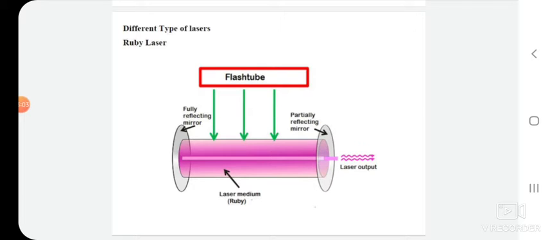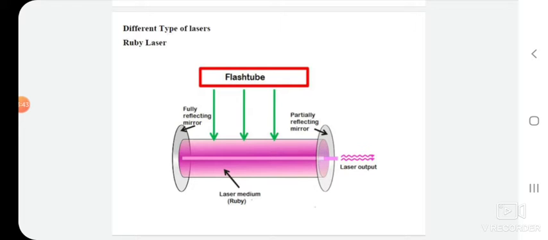A spring is attached to the rod with the fully polished end for adjustment of wavelength of the laser light. The two plates are attached with a spring, due to which we can adjust the wavelength of the laser light. Around the ruby rod a flashlight is kept for pump input, for the pumping purpose, and this whole assembly is kept in a glass tube.